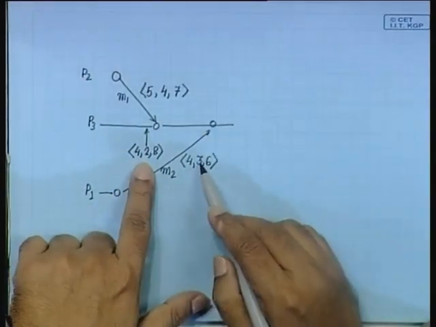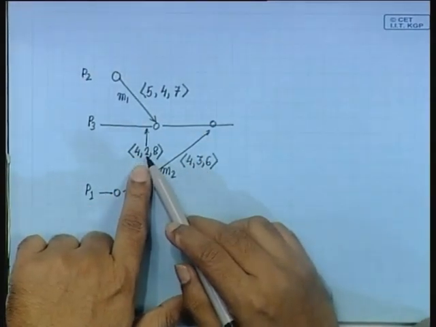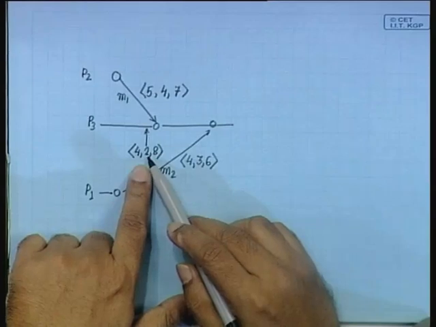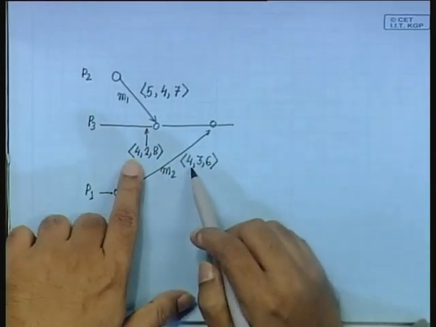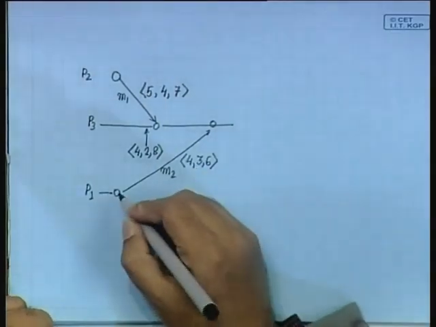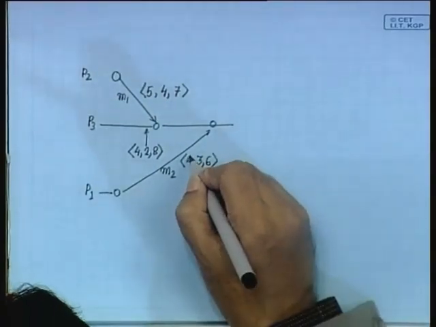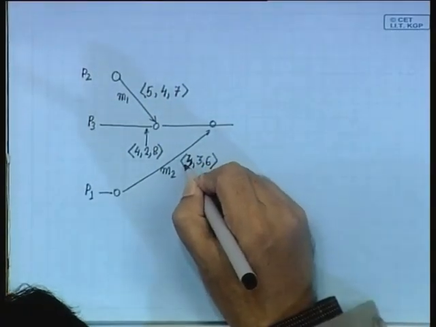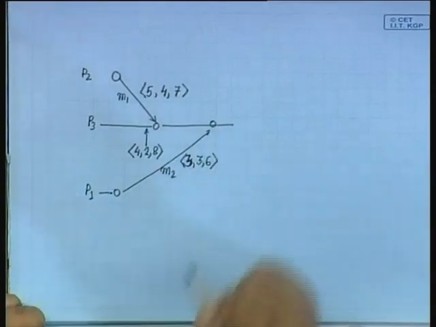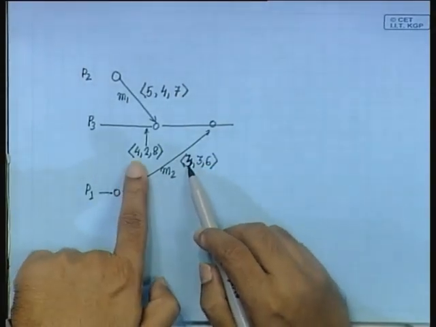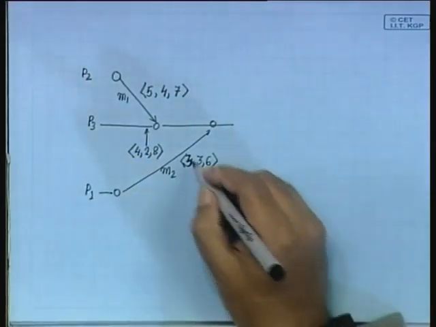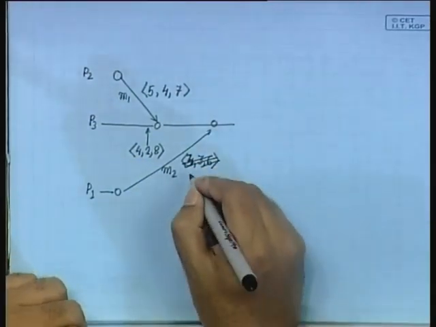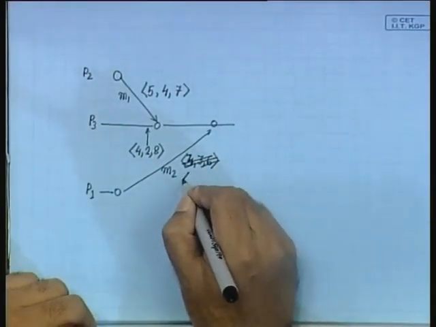This is 3, this is 2. No, but see, look at the first dimension. In the first dimension, sorry, I wrote this wrong. Just let me rewrite it. This is 3, this is 3. So, in this dimension, okay,